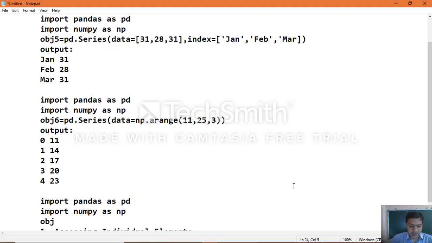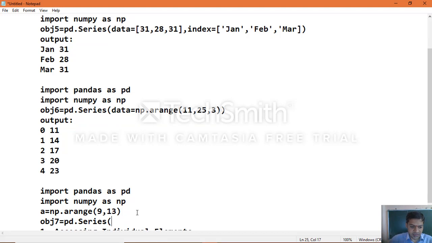Now create the object obj7 equal to pd.Series of, and here we will take an array: a equal to np.arange of 9, 13. We pass this as the index as well as the data: data equal to a multiplied by 2.